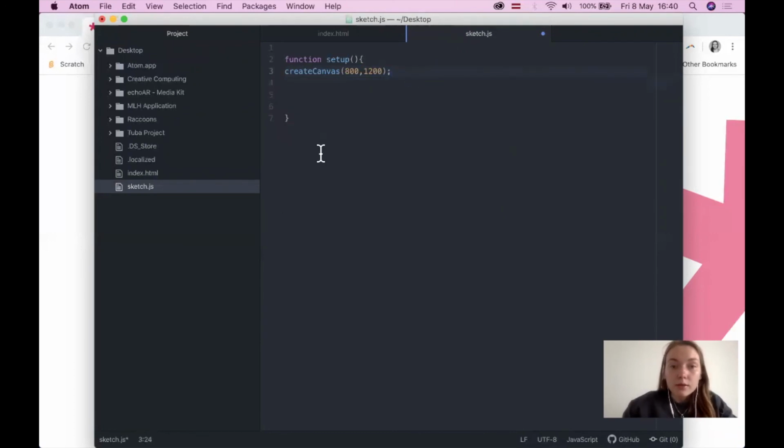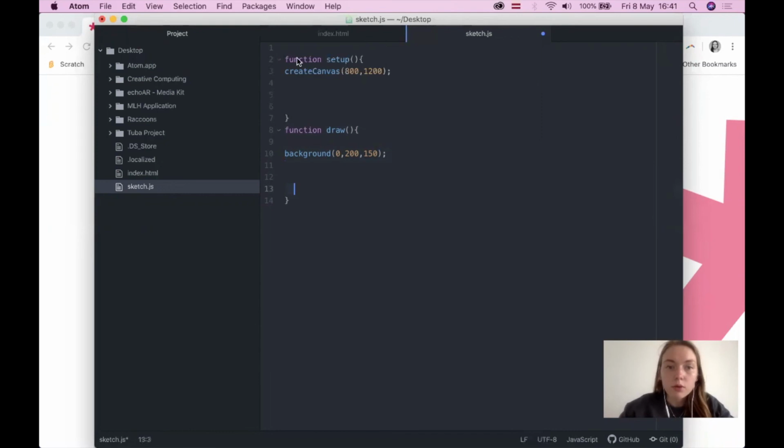And after that, we will do function draw. And within our function draw, we will start by creating a background with 0, 200, and maybe 150. And then we will also,